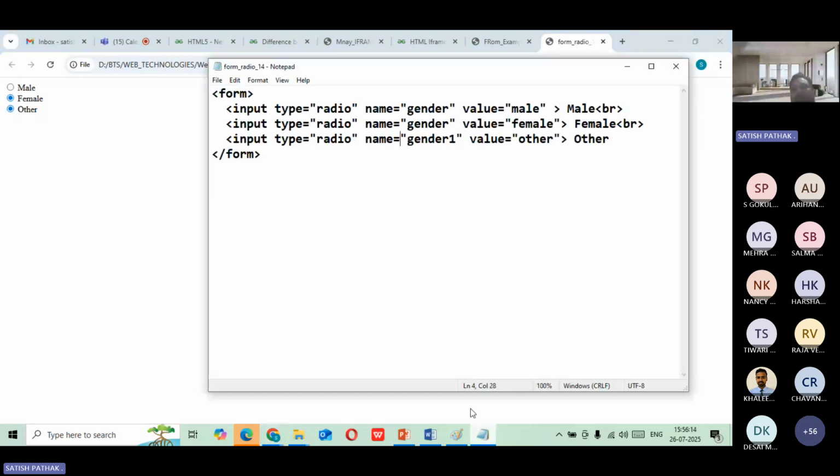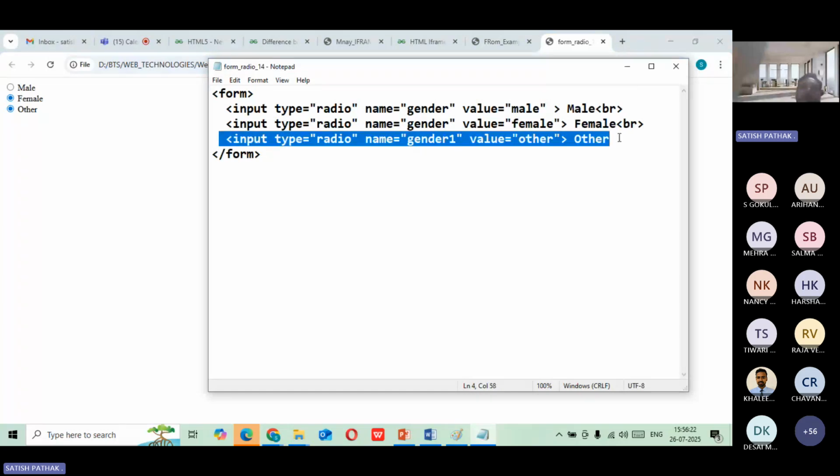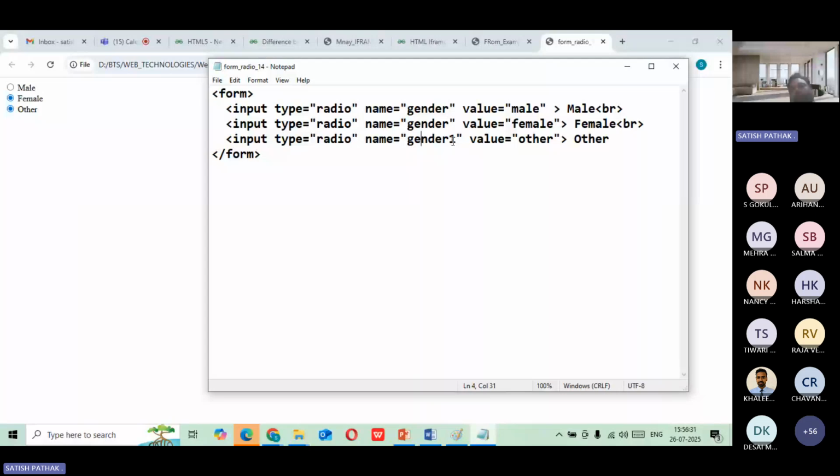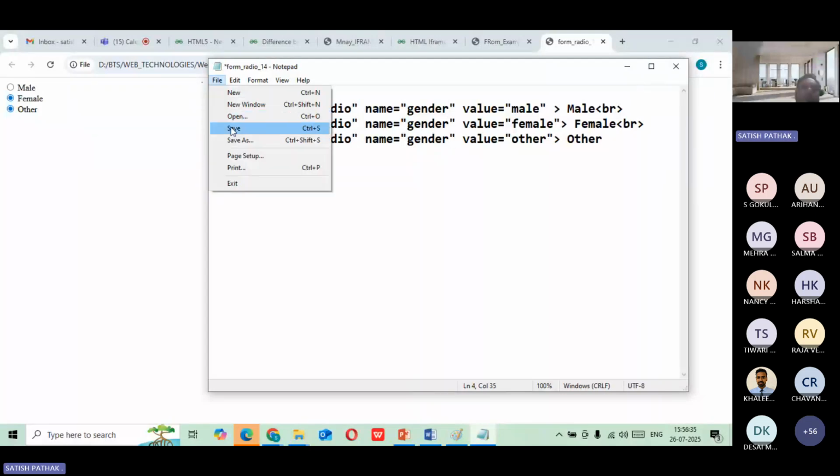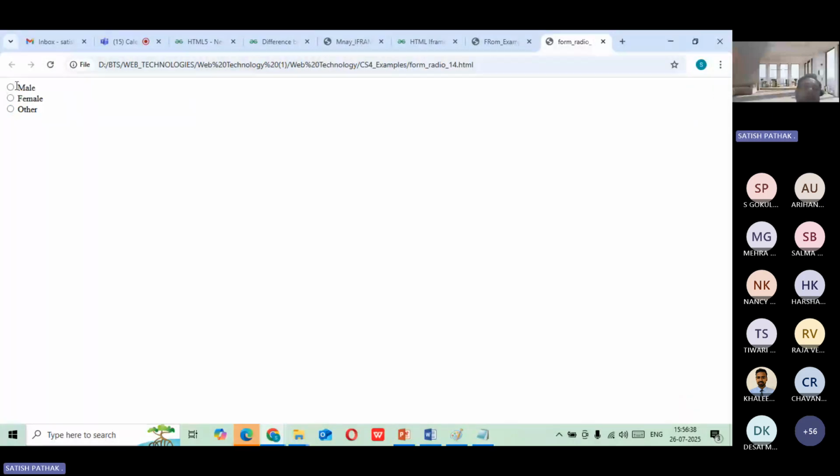What you have done is that instead of gender, you put gender1, so it will take this as a different radio button. So we have created 3 radio buttons, but we group them together with the help of this name. Now I'll delete this and show it. It works properly. So in case you find this kind of error somewhere,